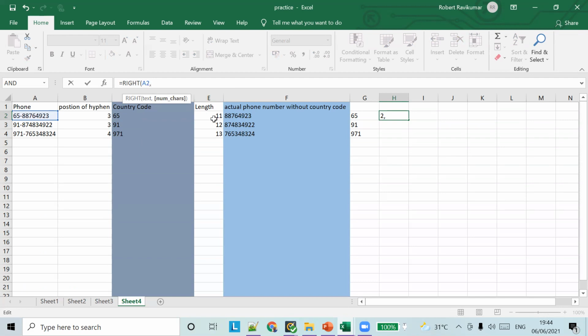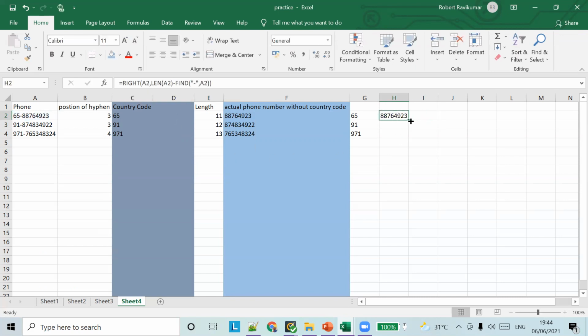Find the length of this: the length of A2 minus the position of hyphen, comma A2.